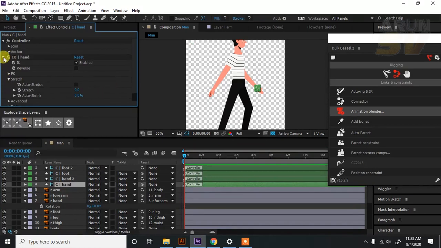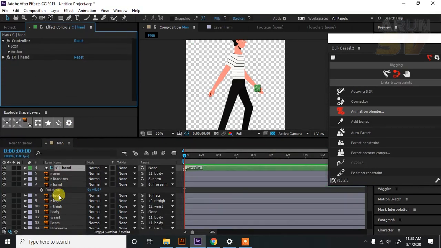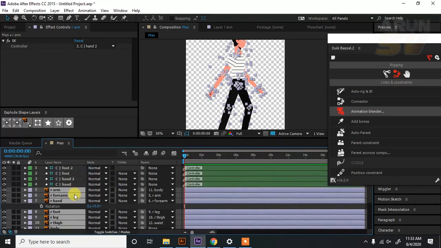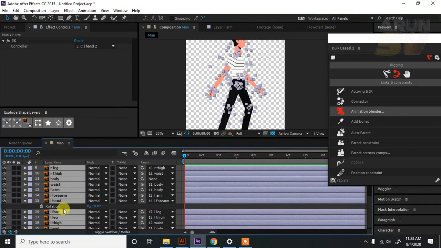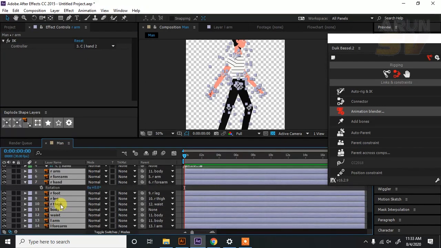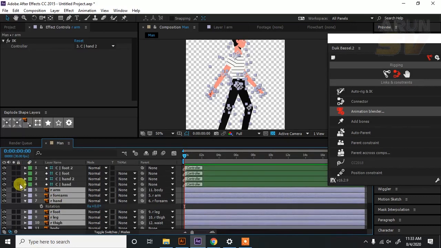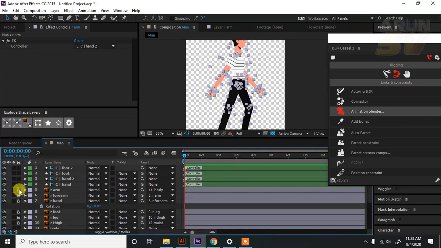That's it. Now select all the layers except the controller layers, and except the body layer. Then click the lock key to lock all the layers.